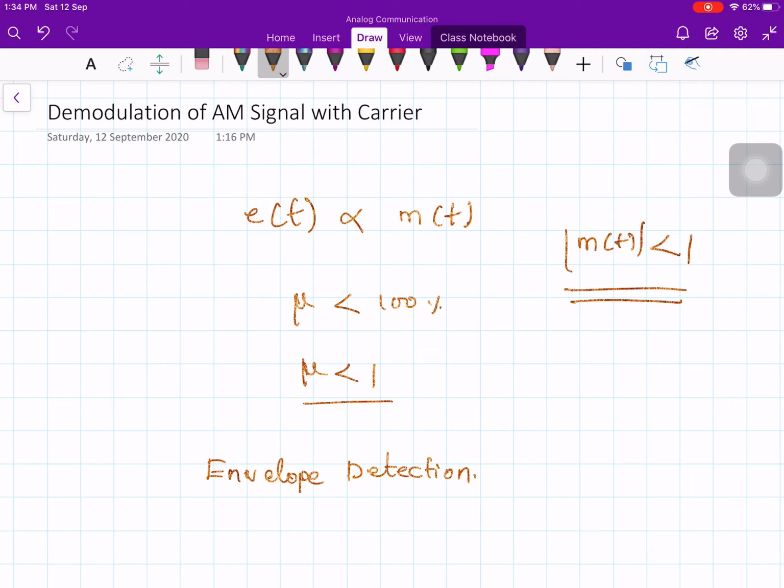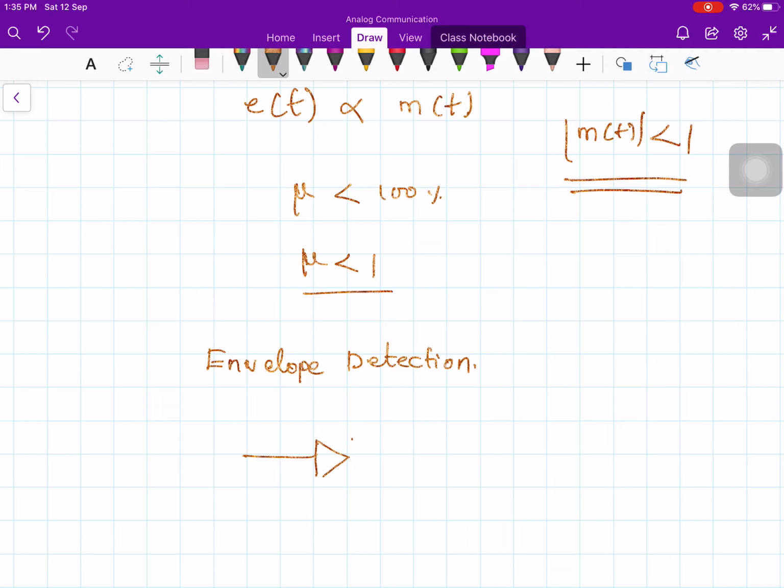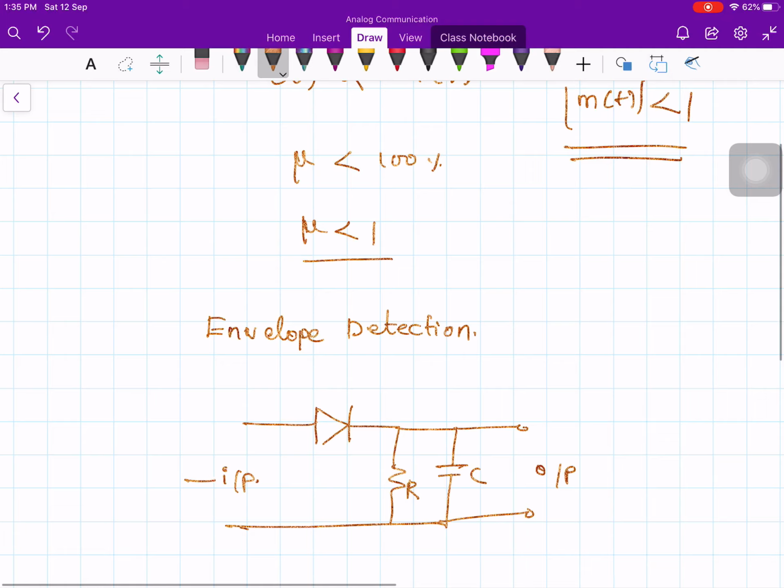It is a very simple circuit. You take a simple diode followed by a resistor in parallel, and then in parallel with a capacitor C. This is your output and this is your input. The input is a modulated signal x of t, and the output, let me call z of t. This is proportional to your message signal M of t,